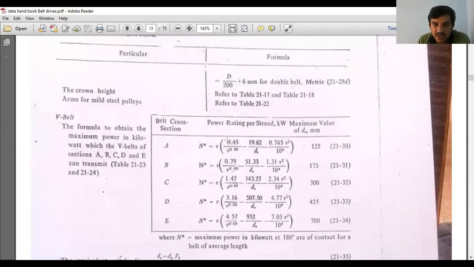How do we get these values, 0.45 and 19.62? These come from hands-on experience, from experienced people, who give these values based on their experience of belt design. Now take the equation corresponding to the belt cross section, then calculate N star. This is the power rating or power transmitted per unit belt.